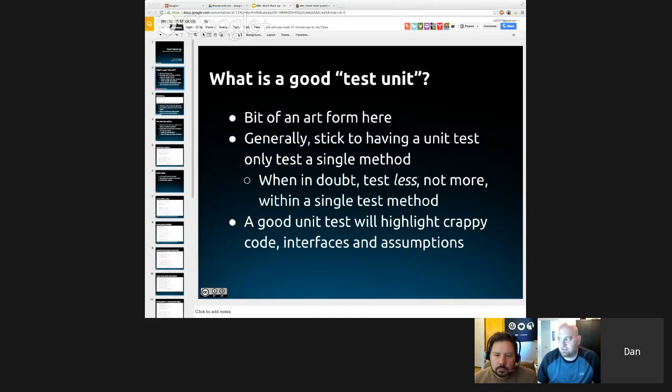And be explicit about what you're testing. Try not to make any assumptions about the calling code. Another thing that I didn't put in here that I think is important to mention is when you're doing unit tests, especially on logical conditionals within the code, a lot of times you're tempted to just cover one